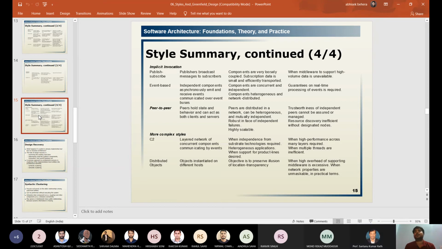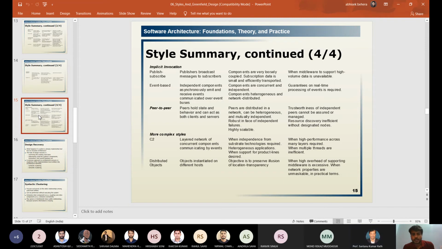They will communicate asynchronously. It does not mean that there will be some synchronization between the components. Synchronization means simultaneously they may not respond. So in this case, one component will send the signal to the bus. The bus will send it to the other component.